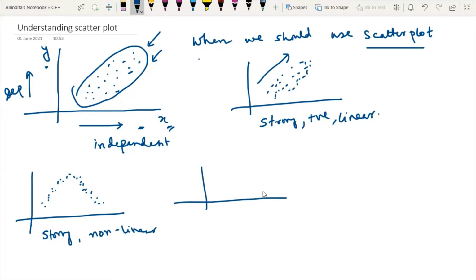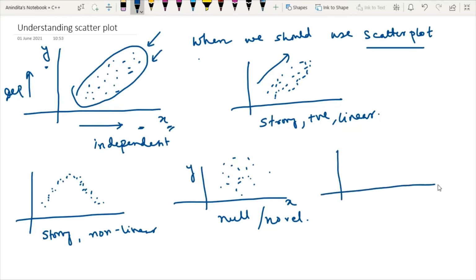Now, consider this pattern. This kind of pattern is known as a null pattern. That is, there exists no relationship between the x and y variables. However, the most important observation that we can expect from a scatter plot is, see, if you find this kind of plot, this scatter plot represents two clusters, meaning two groups. These groups are very prominent.